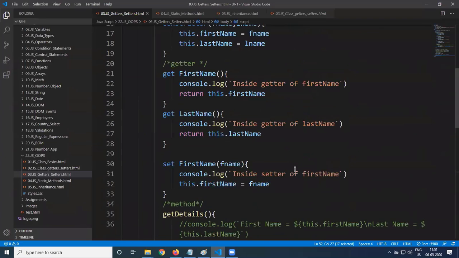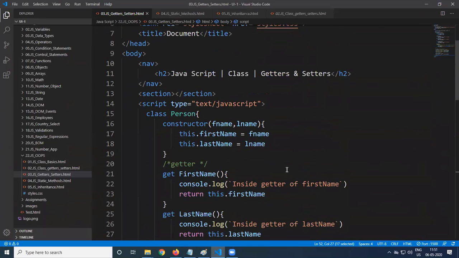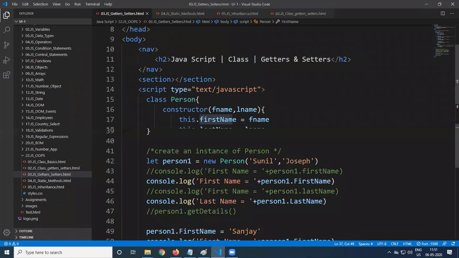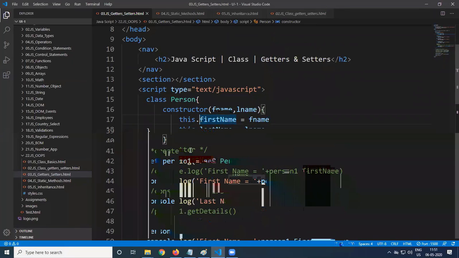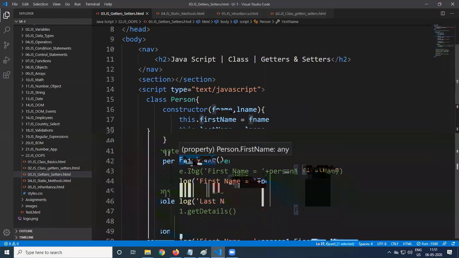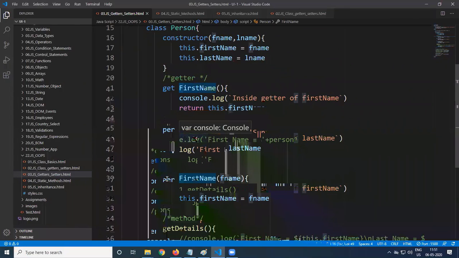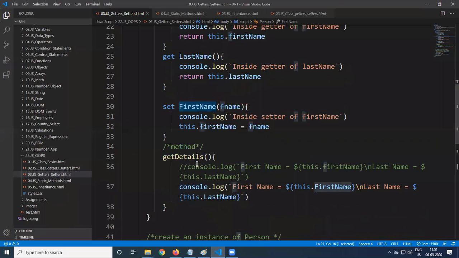So this is basically what we talk about with getters and setters. The actual property name and the getter name should have a slight difference. In the previous example we gave an underscore, and here we gave the direct property. But in this example, this is the actual property, but to represent the getter, normally the first character is a capital letter. This will get executed automatically whenever you call the getter, and the setter will get executed automatically whenever you are setting the value. Last name also we can do.